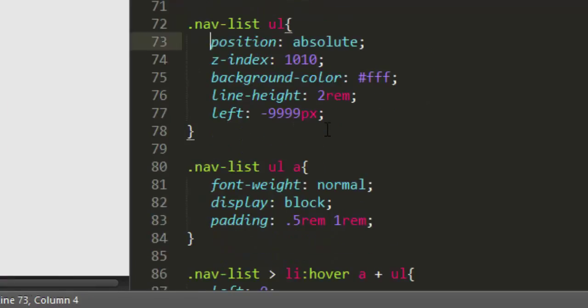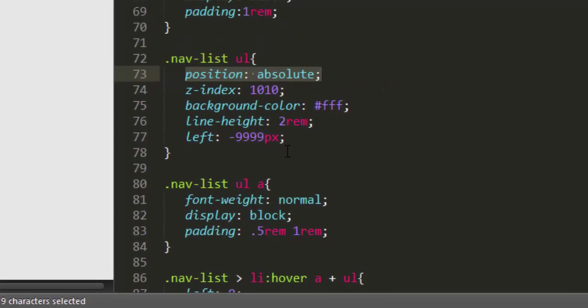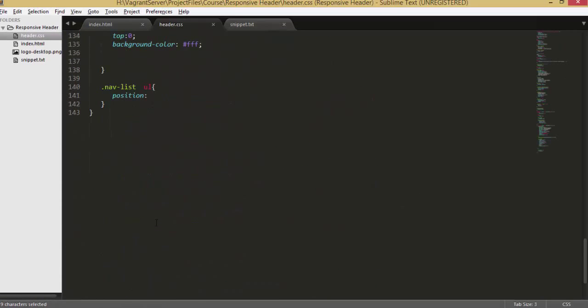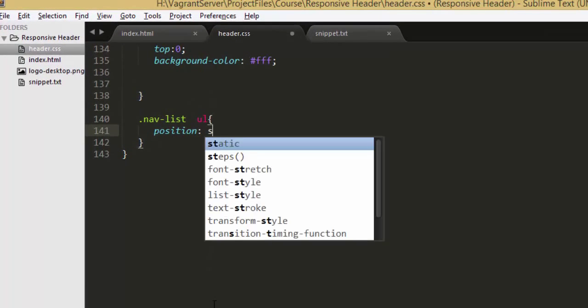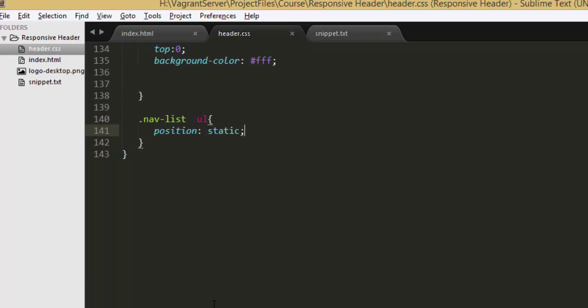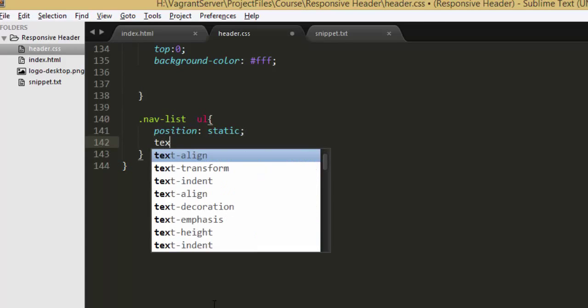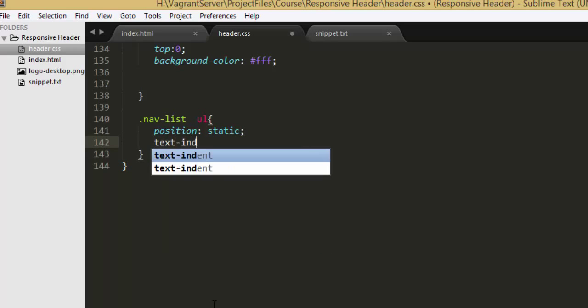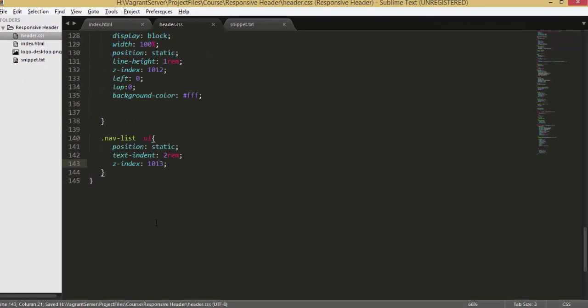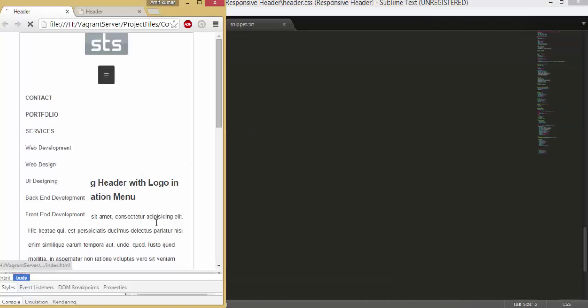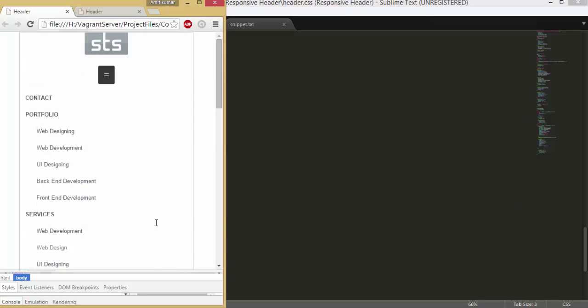We just simply want to change its position to static, okay, and we're gonna give it a text indent of about 2 rems, and let's set its z-index property to something highest, okay, and let's see what we get. Now we have designed our submenu too, okay,